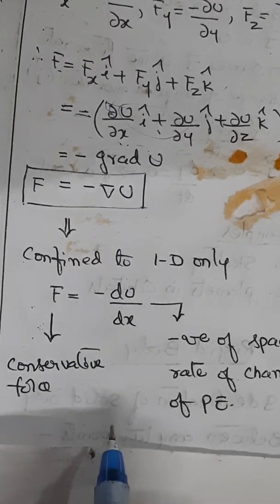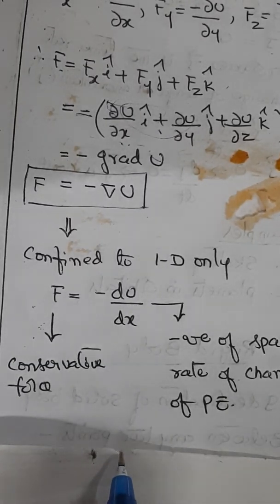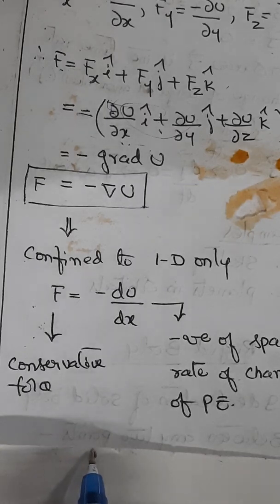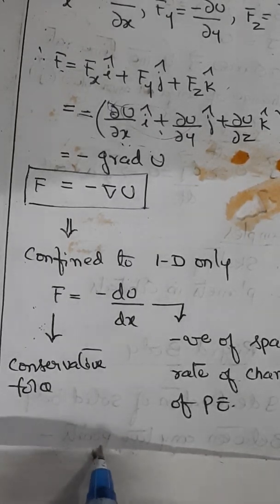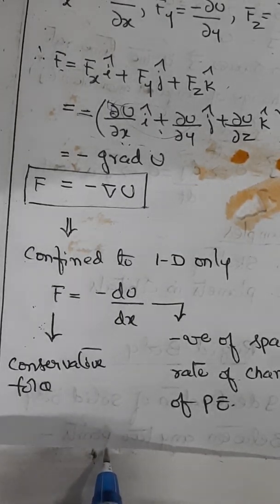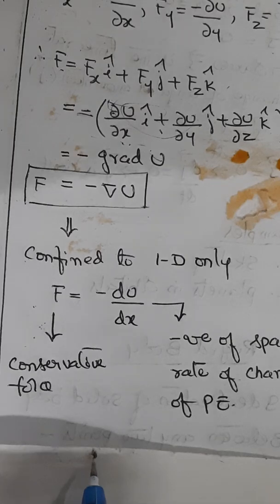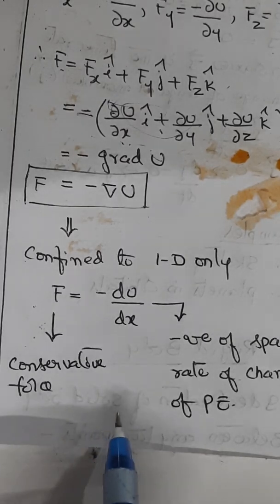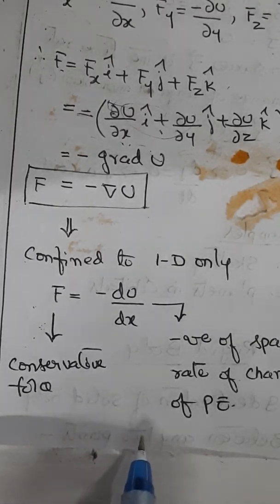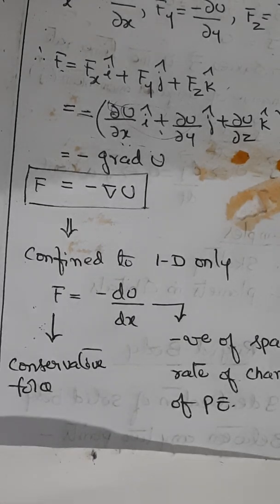So that also will be 0. That means the existence of a potential function u such that F is equal to minus grad u. So it follows that curl F equal to 0 is necessary and sufficient condition for a conservative field of force F. So that part is anyway not there for you. So we can as well calculate the curl of a conservative force also.